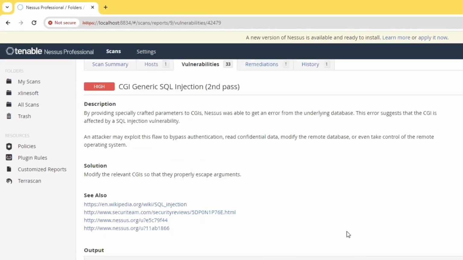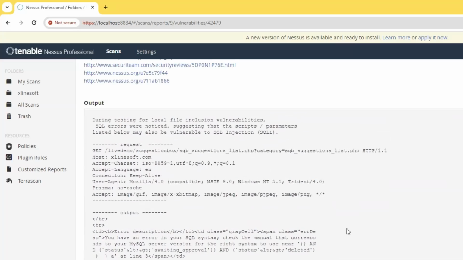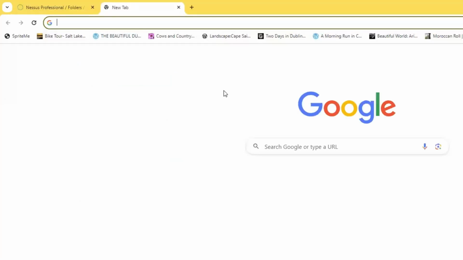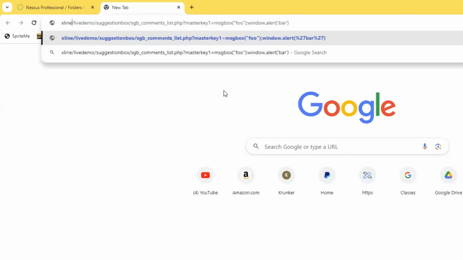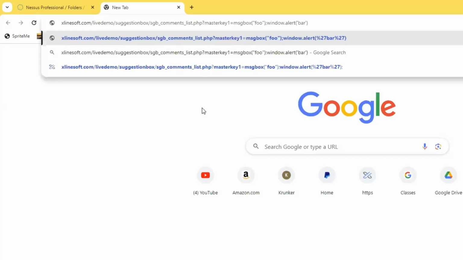So we did find a couple of actual really bad vulnerabilities. So we already fixed it in the template itself. So let me show you what it does. So it's Xlinesoft.com live demo